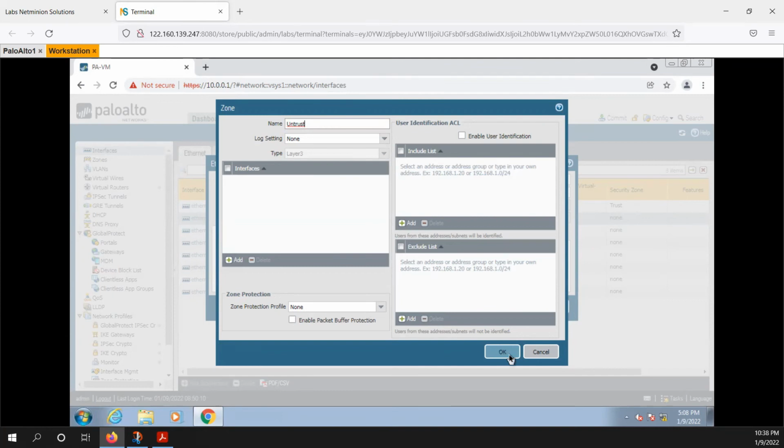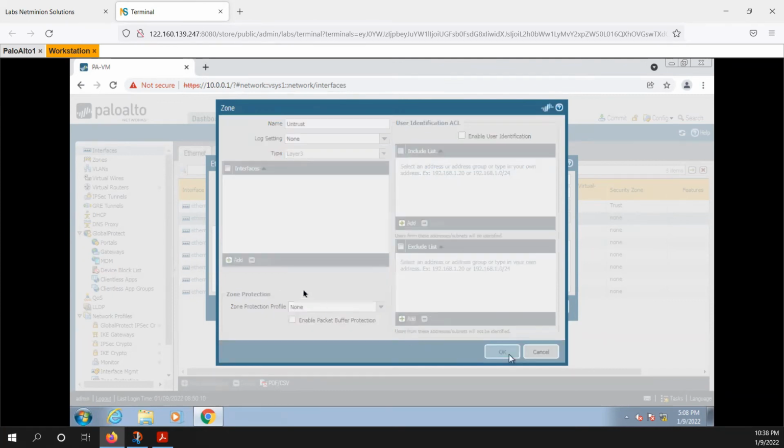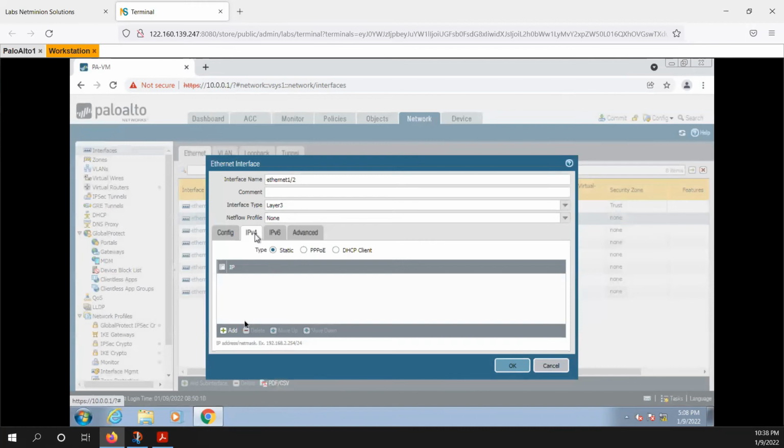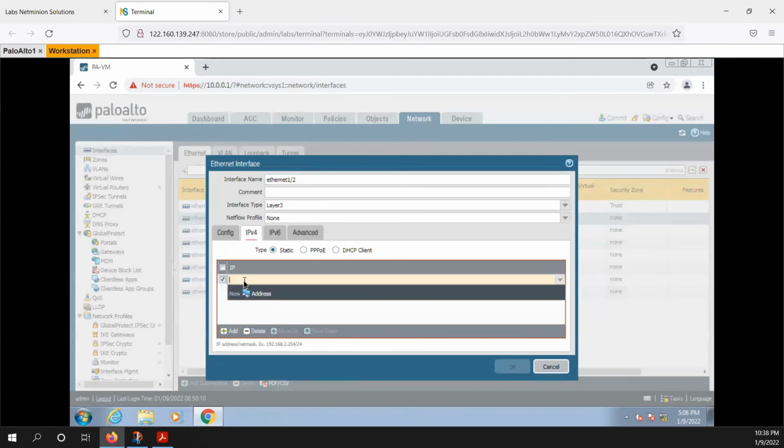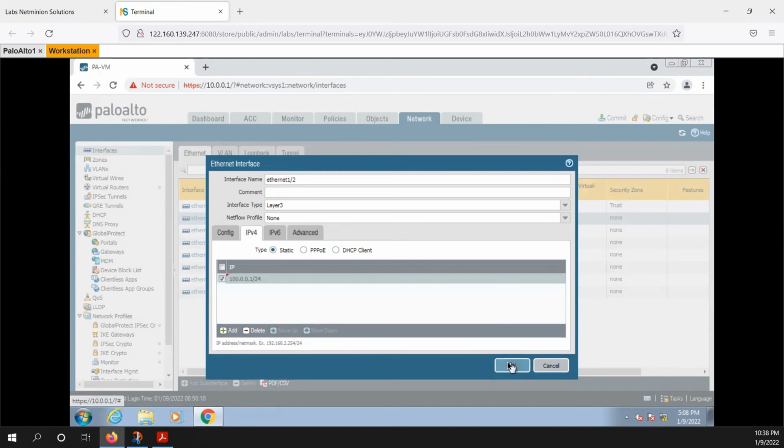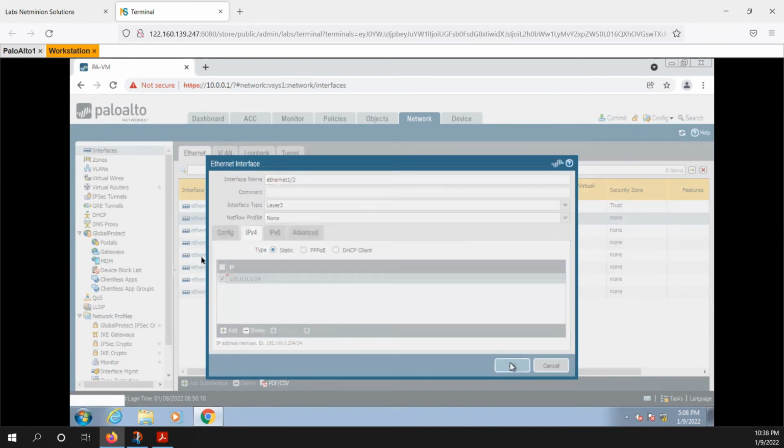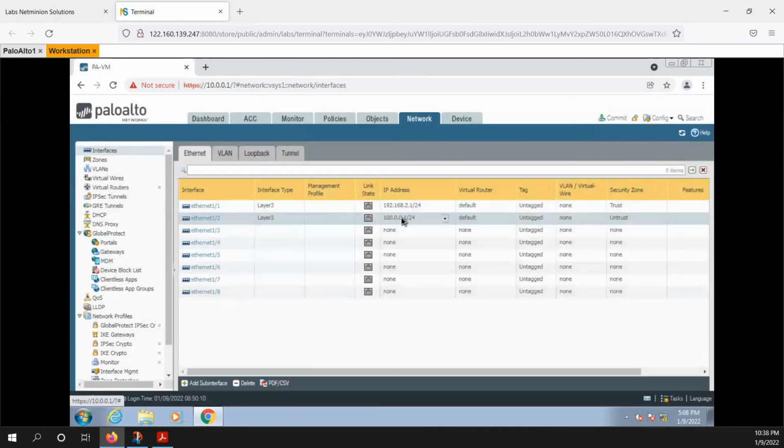Okay, let's click on OK. And finally, you can go to IP version 4. Here you can click on add, and you can assign the IP address to this interface, /24. That's it, and click on OK. So now we have assigned the IP to the interfaces.